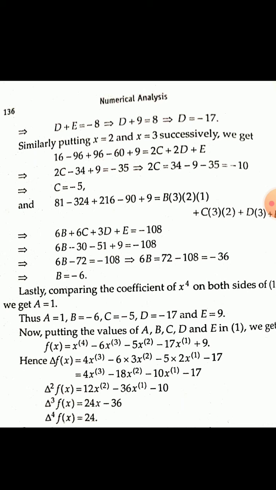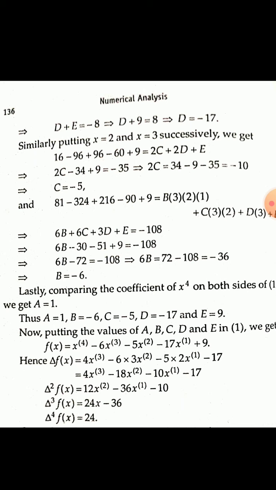And lastly, comparing the coefficient of x to the power 4 on both sides of equation 1, we will get a is equal to 1. Thus a equal to 1, b equal to minus 6, c equal to minus 5, d equal to minus 17 and e equal to 9. Now putting the values of a, b, c, d and e